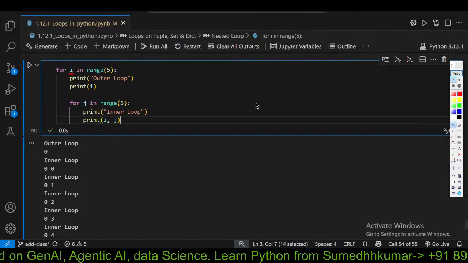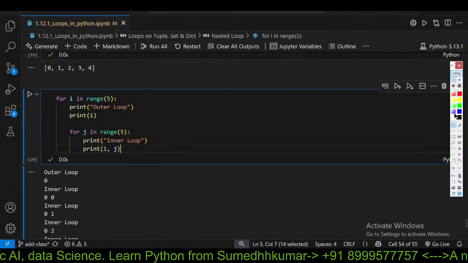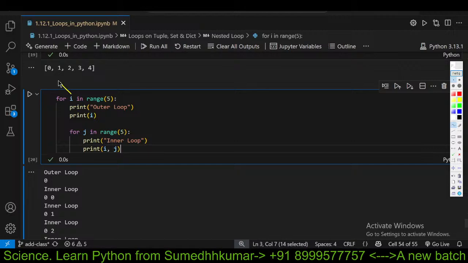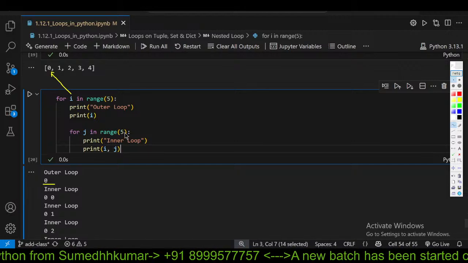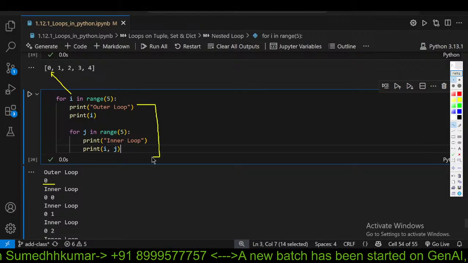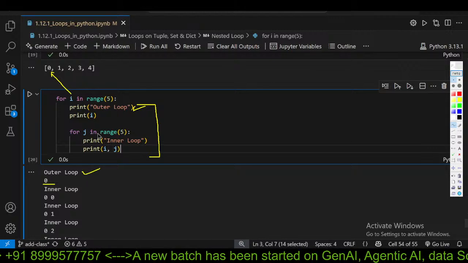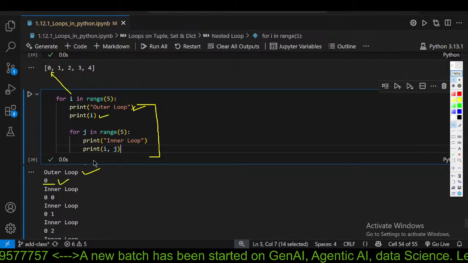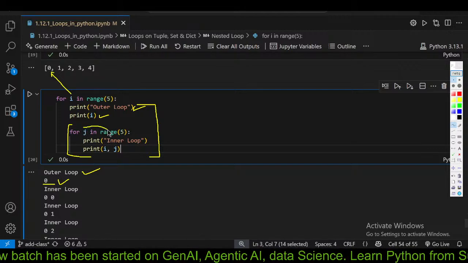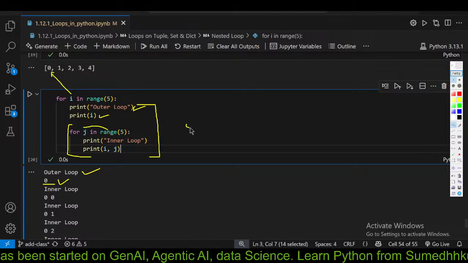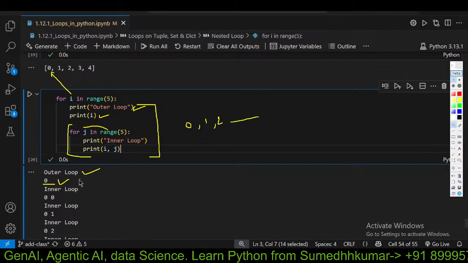तो जब i का वैल्यू जीरो था, तो ये चल गया, this entire has run। तो क्या होगा, पहले ये प्रिंट हो जाएगा, i प्रिंट हो जाएगा, then this will run, then this will run, जिसमें j again will be 0, then 1, then 2, and so on, ठीक है।